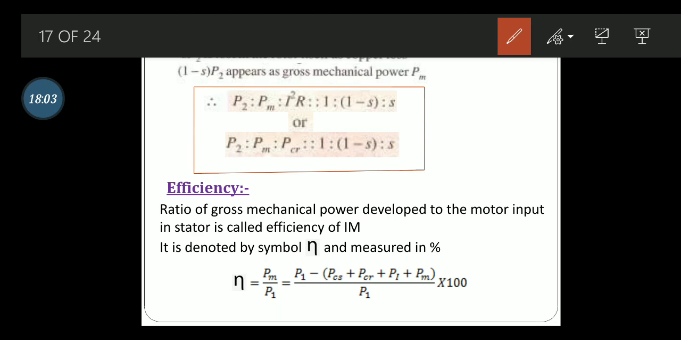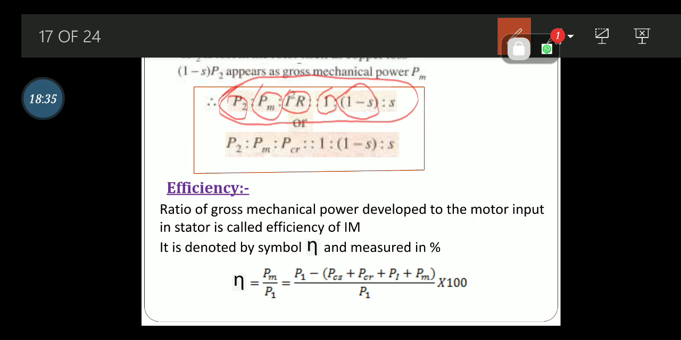Finally we can represent the relation between the rotor input, rotor copper loss and gross mechanical power developed. In this way, P2 is to PM is to I square R is 1 is to 1 minus s is to s. Here P2 is the rotor input, whose magnitude is 1. PM is the gross mechanical power developed, which is 1 minus s times P2. Then I square R is the rotor copper loss. Then rotor copper loss will be the